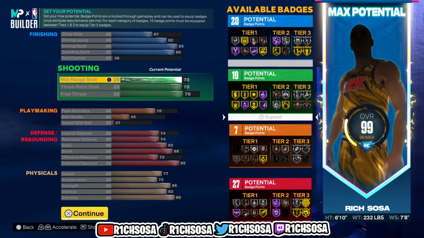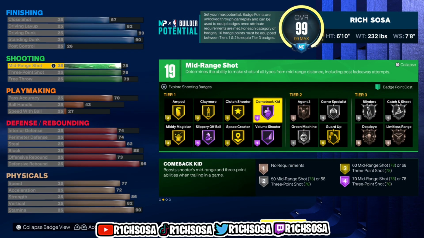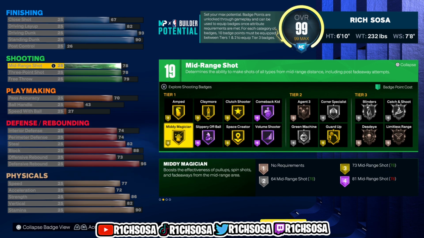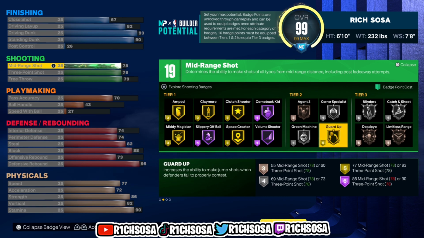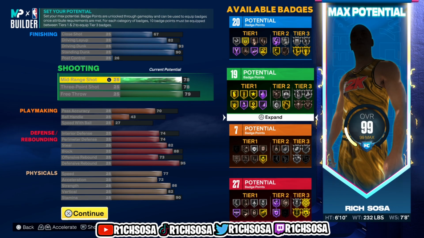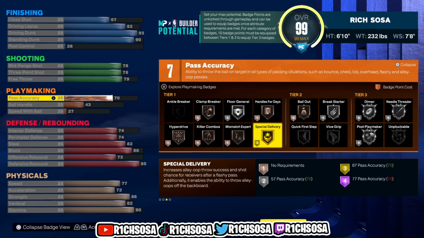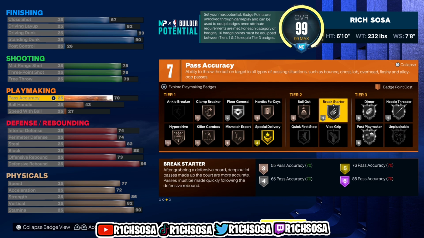Now for the shooting, the Hall of Fame badges that we get are Slippery Off Ball, Comeback Kid, as well as Volume Shooter. Then when it comes down to the gold badges, we get Mid-Range Magician, Amped, Claymore, Clutch Shooter, Space Creator, and then we also get Guard Up. Now when it comes down to the playmaking, the only gold badge that we get is Special Delivery, but we're still able to get Hyperdrive, Killer Combos, Handles for Days, Ankle Breaker, a good amount of badges,